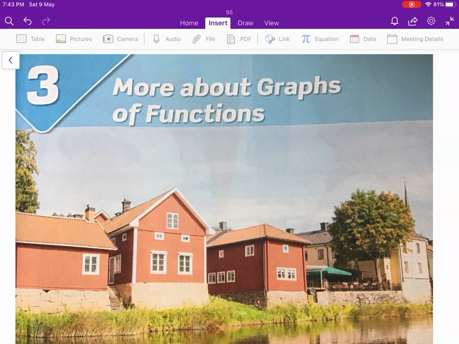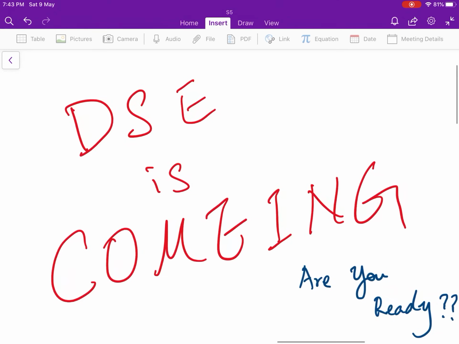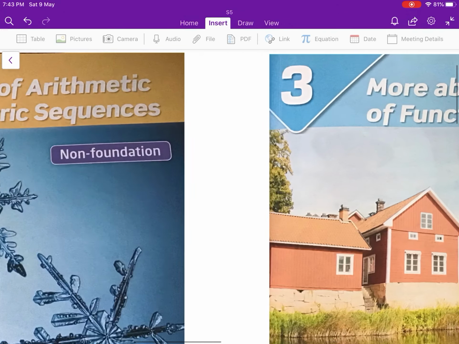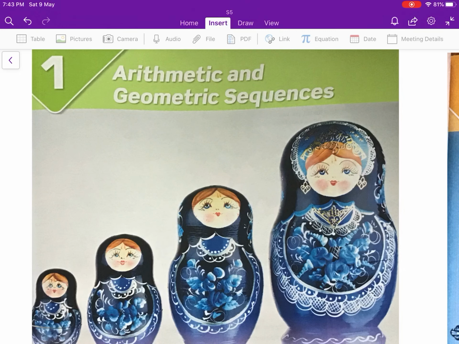Chapter 3 is more about graph of function. Then you will finish the whole DSE syllabus. So what is waiting for you? Yes, DSE is coming. So are you ready for it? We only have 3 chapters left, okay. So please try to finish all the homework, do all the revision to prepare for your future DSE. Okay, it's coming soon. So now we go back to chapter 1 first, okay, about the arithmetic and geometric